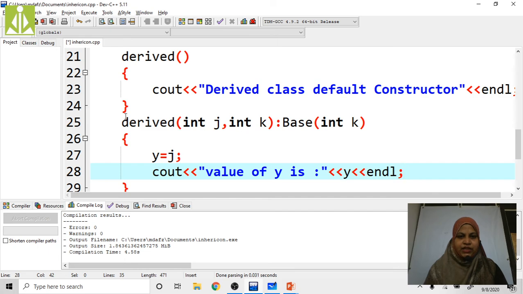Here I am calling this derived class constructor with j and base k.